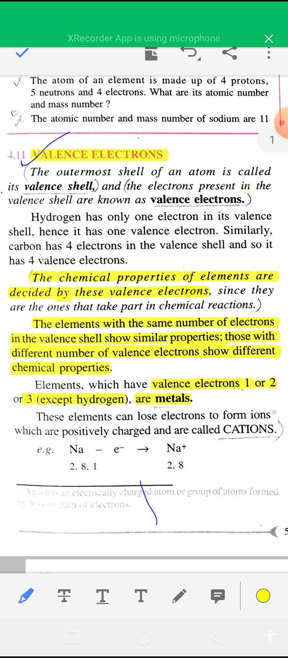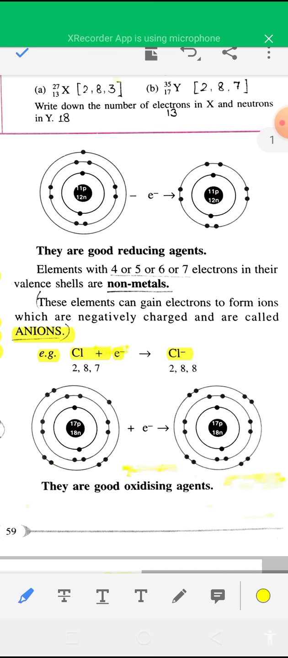For example, in sodium, you can see the atomic number is 11. It has a total of 11 electrons, and the electrons are arranged like this: 2, 8 and 1. This is the electronic configuration of sodium. So sodium has 1 electron in its valence shell, and it can lose 1 electron to form Na plus cation, a positively charged ion. Okay,